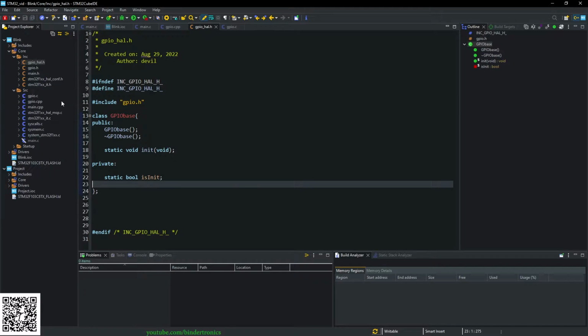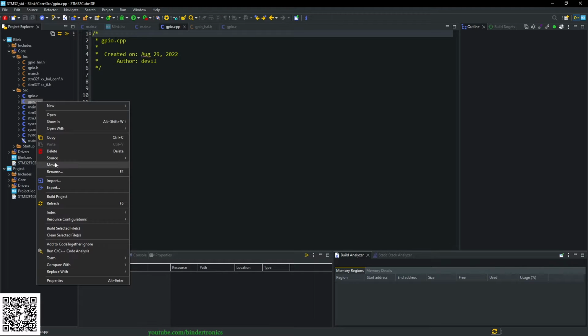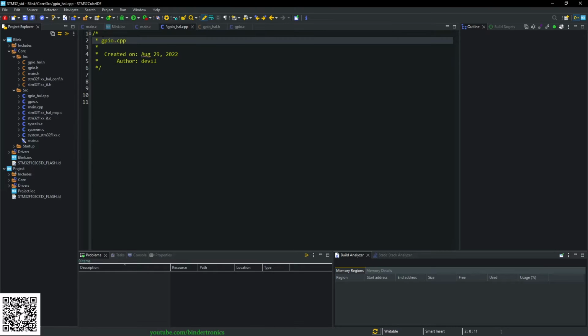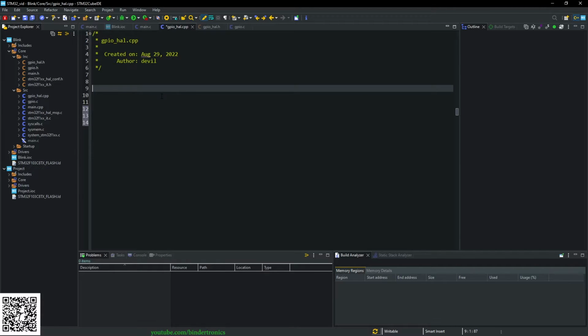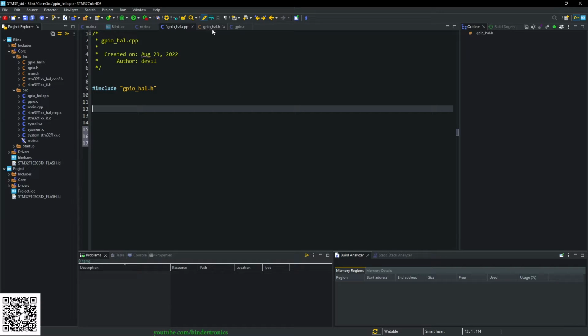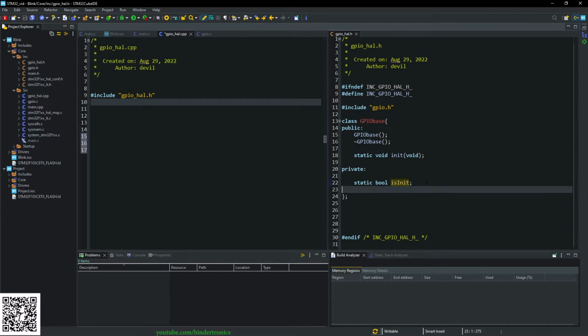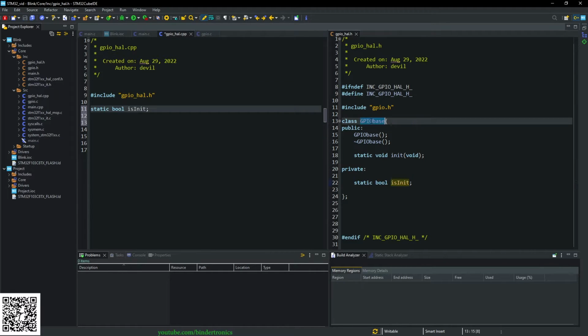GPIO.h, and then we can go to the CPP file, which we are going to rename to _hull. Just fix the header, and that is going to include GPIO hull.h, and then in this function we can close down the outline here, give us some more space. Then we see the h file, so we copy the variable, the static variable, we copy our base class, and the